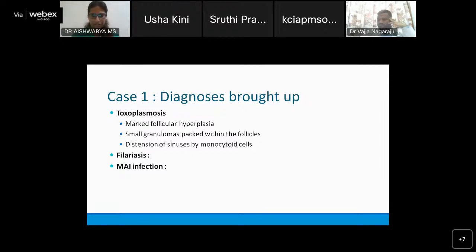Yes, ma'am. This could be one of them. How would you defend yourself? Ma'am, this could actually be one of the potentials, since the granulomas seen in atypical mycobacterium are of the non-caseating type. So that could be one of the reasons. And there were a few Langhans type of giant cells, but the granulomas are well formed in this case, ma'am. Whereas in atypical mycobacterium, there would be more ill-formed granulomas.